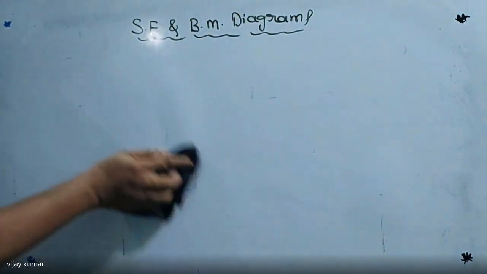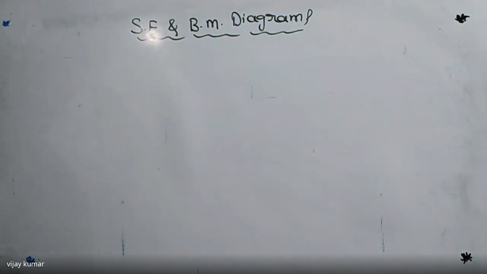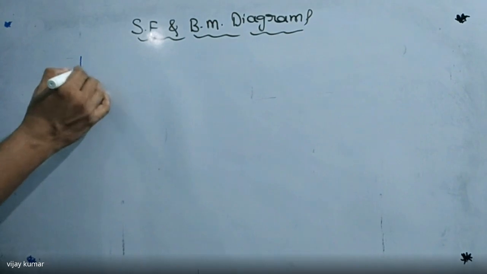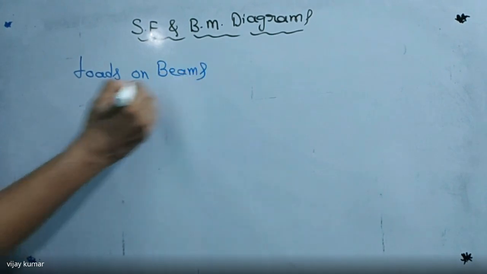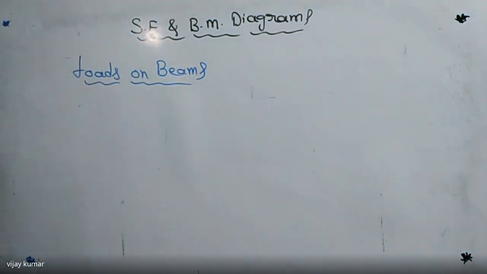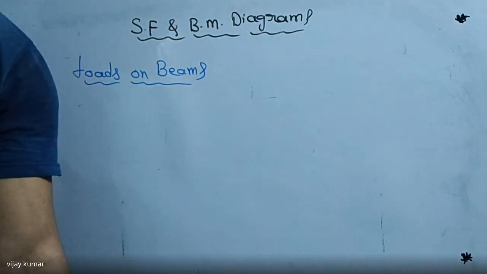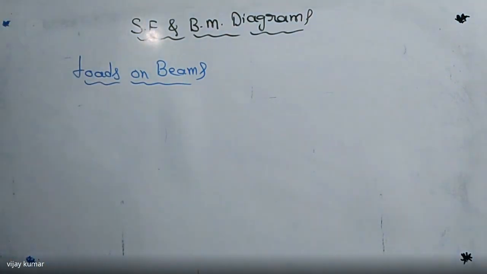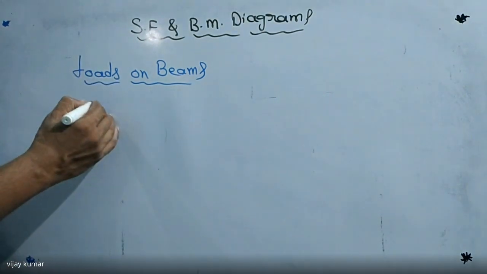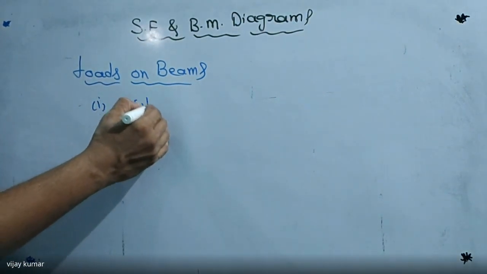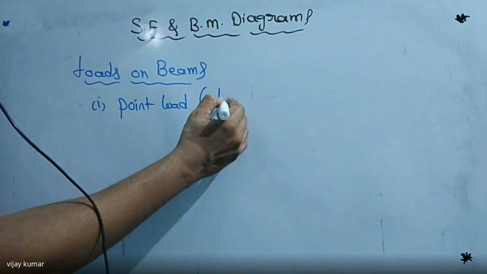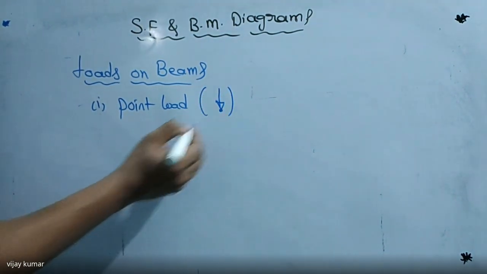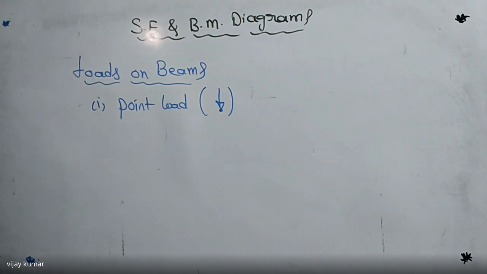At the same time, what are the forces or loads on the beams? So I'm saying here, loads on beams. There are 6 types of beams, but on any beam you are going to apply a force. Those are also named as load. So we are going to apply point load. It is also named as concentrated load. It is always indicated by an arrow mark. It acts at a single point, that is why it is named as concentrated load or point load. Point load means it is always acting at a point on the beam.